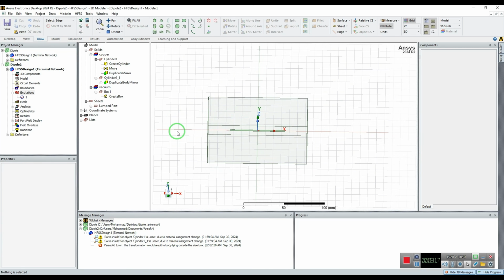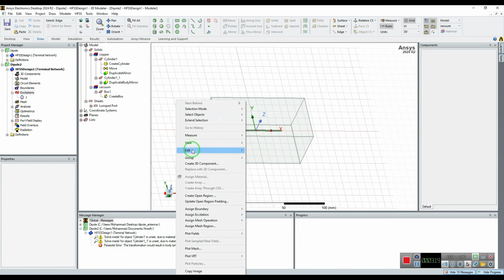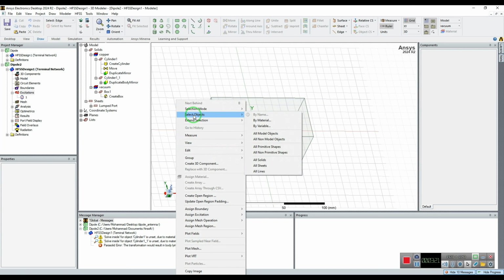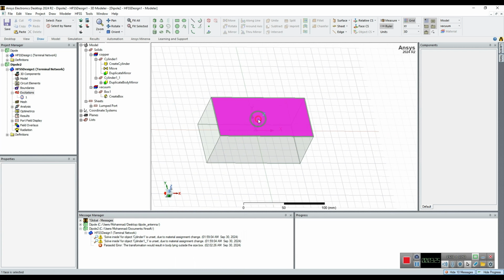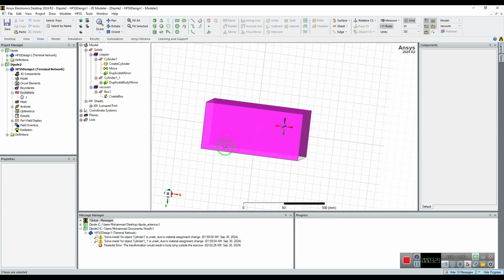Go to HFSS, then Boundaries, then Assign, then Radiation, and apply the radiation boundary to the box.